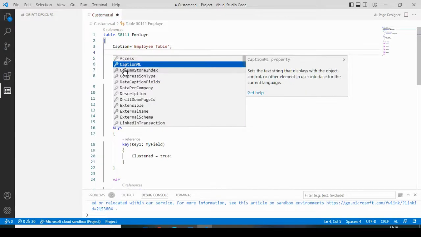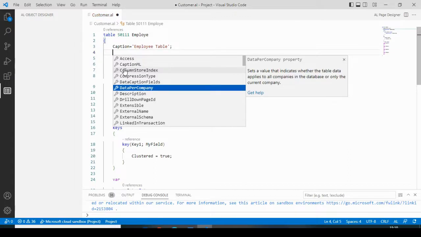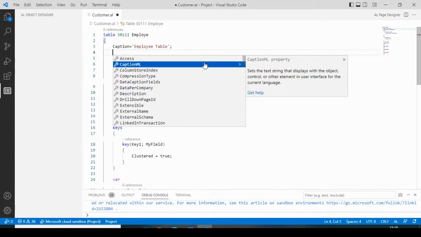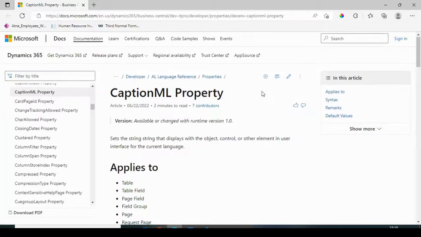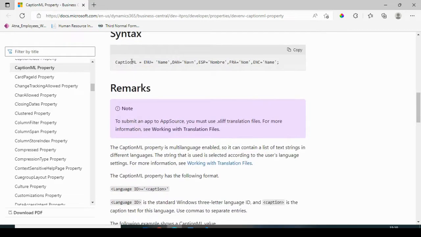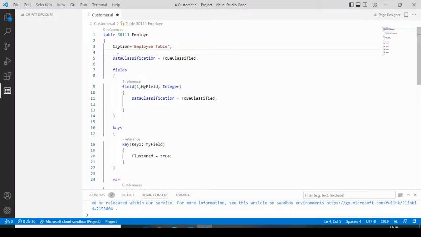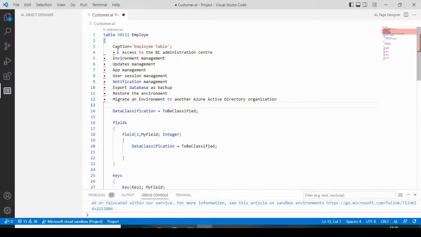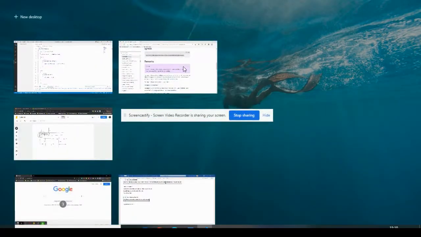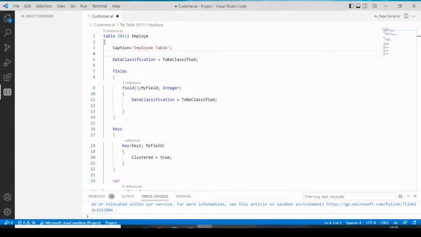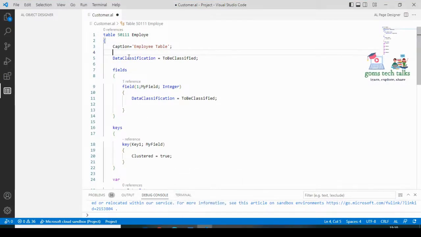If you see here lookup page, you can simply click here, and if you click get help, it will open up. You can see how you can create it, and what is the possible thing you can make using this caption ML. So let us see whether this is working out. Likewise, lookup page. If you just go and click,